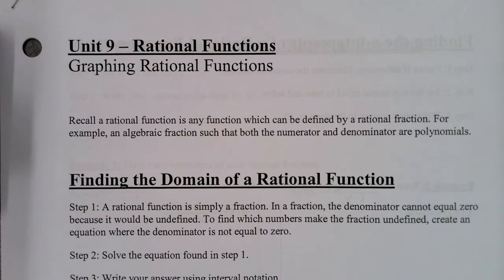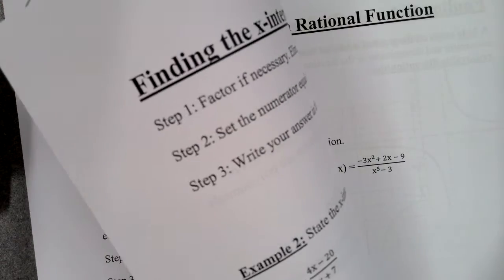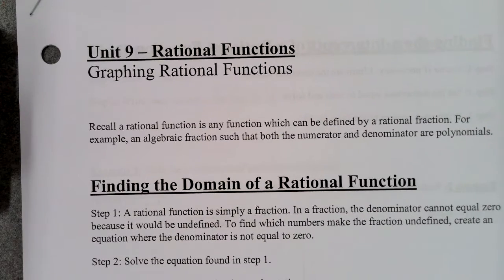All right, this is the final lesson in Unit 9. This is a long lesson. It's called Graphing Rational Functions. So the first 6 pages, we're going to go over one topic per page. I have 6 different topics we're going to talk about, and the final 2 pages is bringing them all